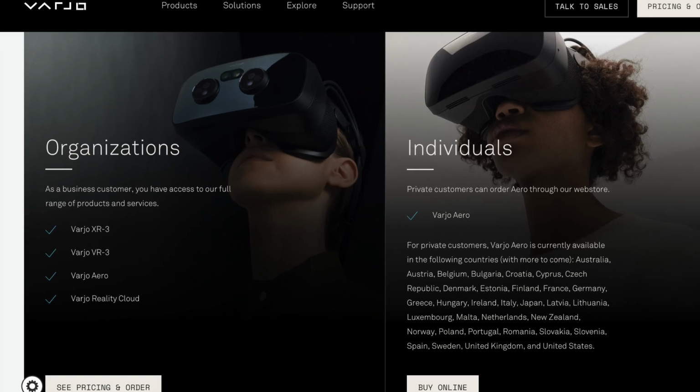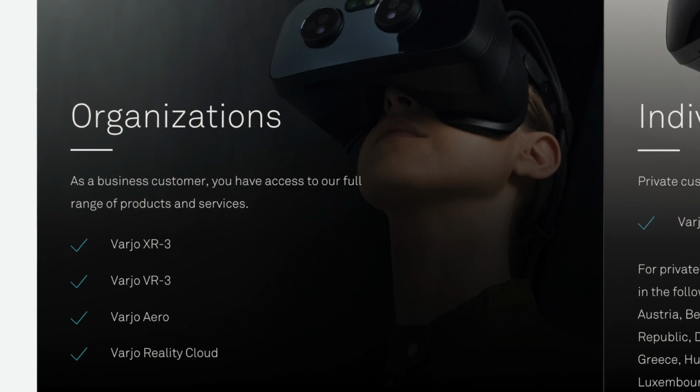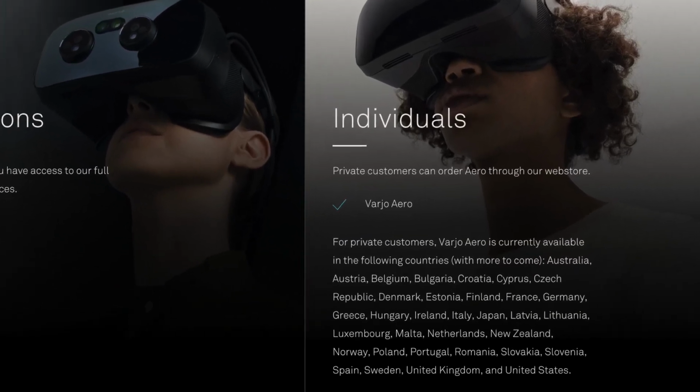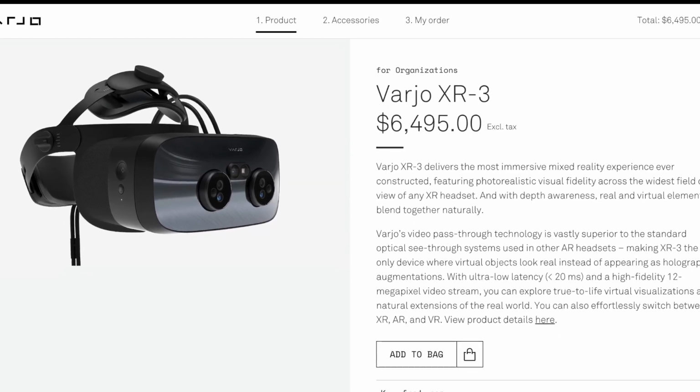But now let's talk about the price of the XR-3. So first of all, if you're trying to get the XR-3 as a regular consumer, you can't do it. It's only available for businesses. However, on the other hand, you can still get the Varjo Aero. But now, let's say you are a business. For one XR-3, it's going to cost you